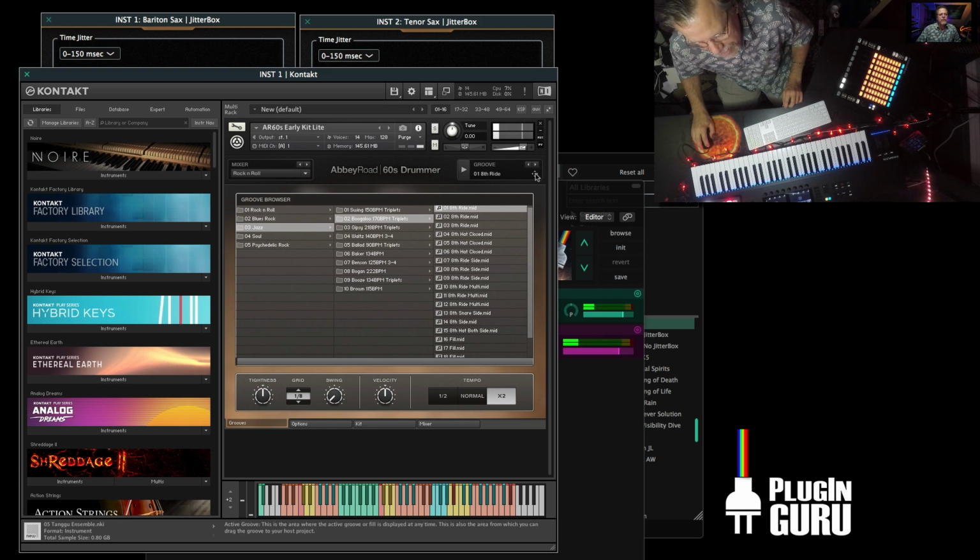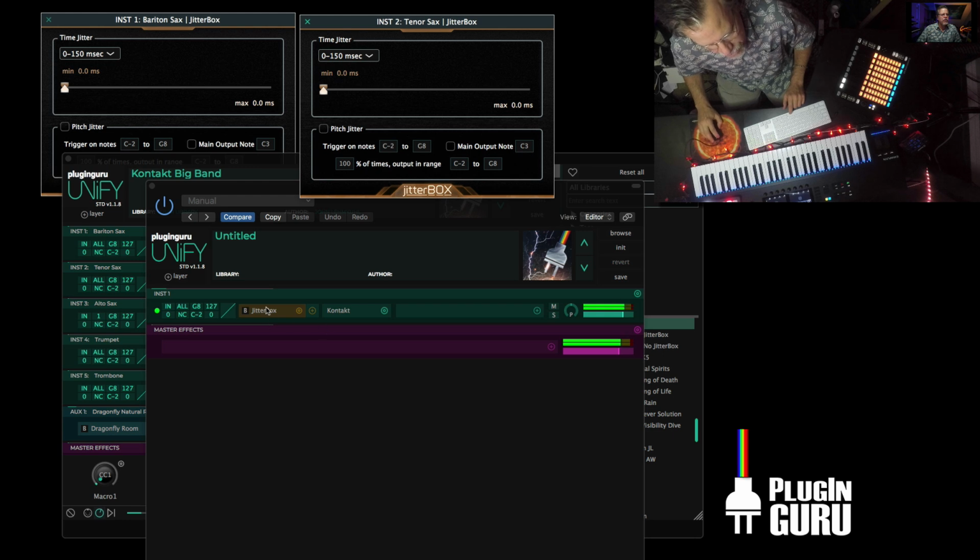And then I took and I dragged this as a MIDI file into Logic. And you just let go, and it is now a MIDI file inside of Logic. So you don't have to worry about the Groove Engine in here playing it or any of this type of stuff set up to try to follow or anything like that. It's just now a MIDI file inside of Logic, so I can play that, right? And then the JitterBox for this